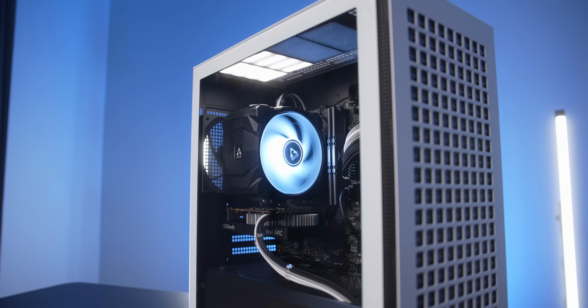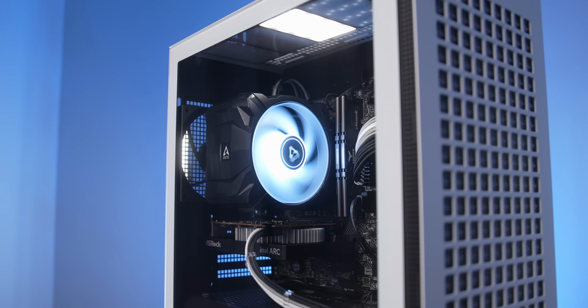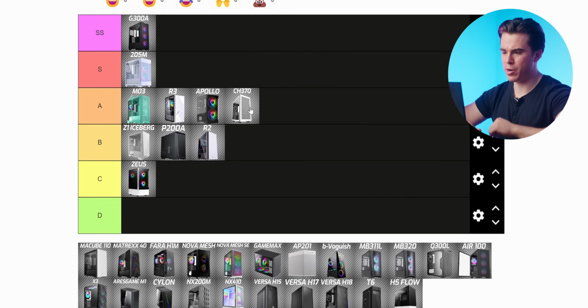So the CH370 is a very capable case. Although for its price, I would have liked to have seen more included fans, but the chassis itself is really solid. I gotta give it an A tier, but I'm gonna move it